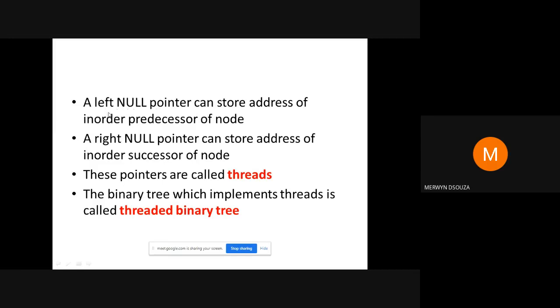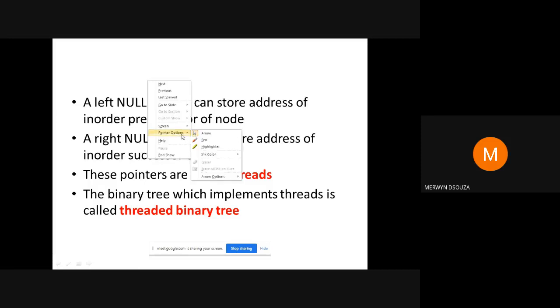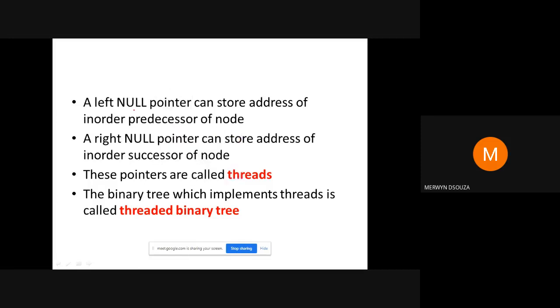Okay, just remember this. What you need to remember from this slide is, at a left null pointer, you are having a node like this. Okay, so there is some data here and we are having null. So this we are referring to as the left null pointer, this one. It will store the address of the inorder predecessor, whoever is the inorder predecessor of this node.